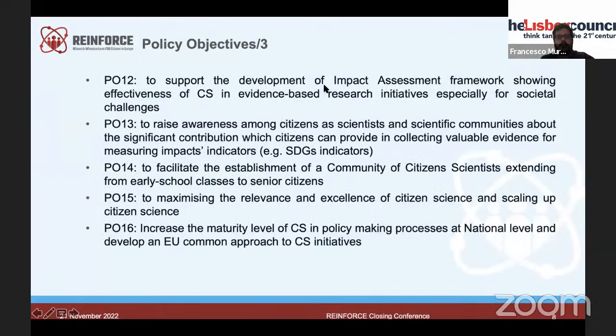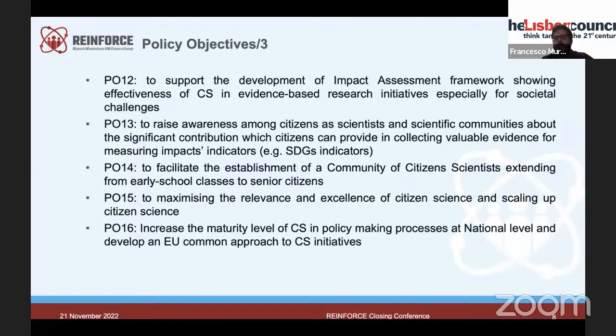Other final policy objectives concern the development of an impact assessment framework to show the effectiveness of citizen science, or raising awareness among citizens, scientists and the scientific community regarding the significant contributions that citizens can provide in collecting valuable evidence, for instance, for measuring impact indicators.